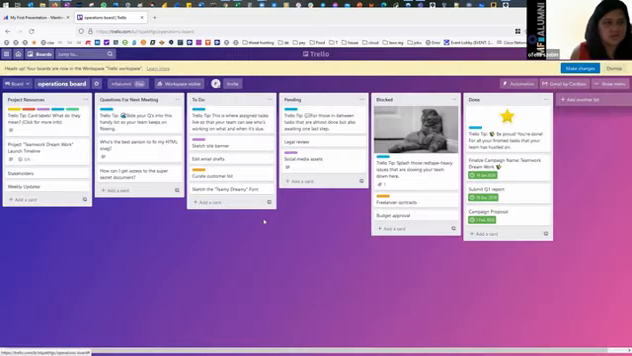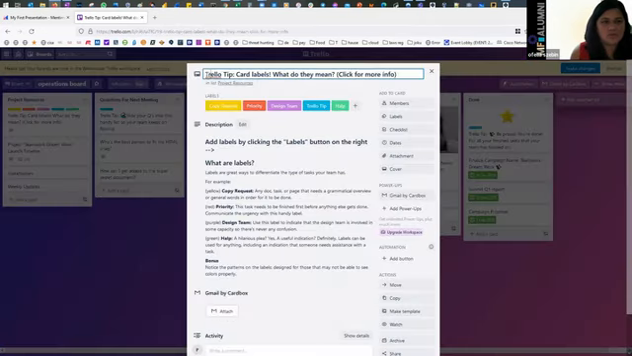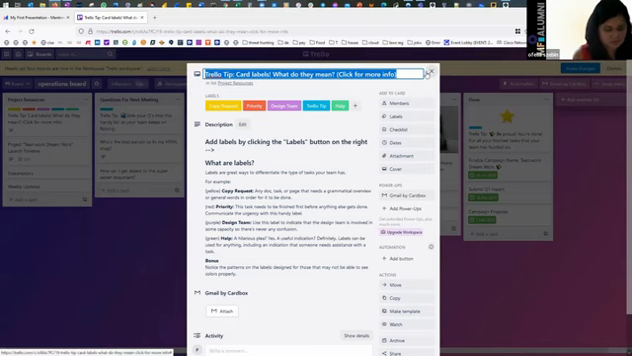I would skip this step as well. And now you have the board. You can edit every part of it. You could change this one. For example, you have